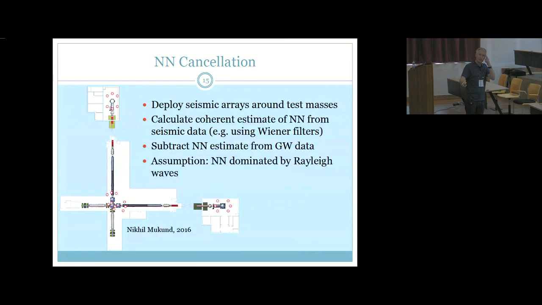And here you see the optimal arrays look a little bit different, because these sensors are not only used for one test mass, but they are always used for 2 test masses and Newtonian noise in 2 orthogonal directions. So that is why the optimal array configuration here looks a little bit different. This was done with a simulated annealing algorithm, and we could also apply this to more realistic models of the seismic field. That's not a problem at this point anymore.